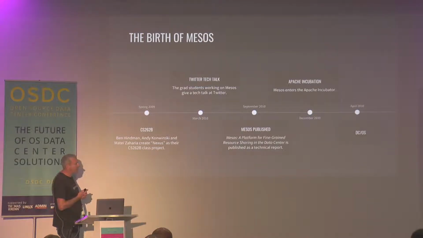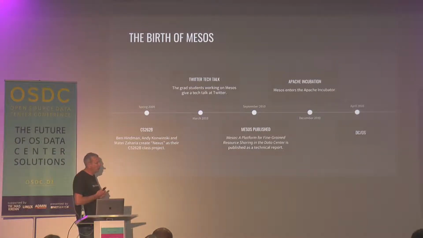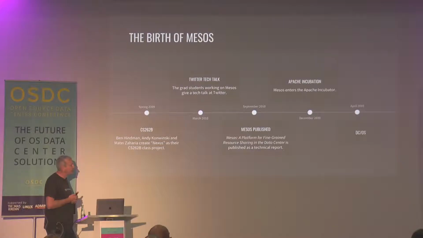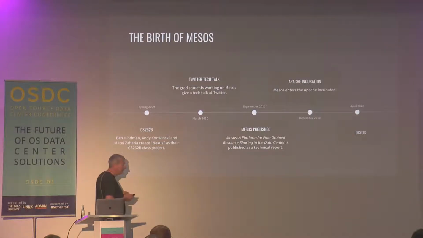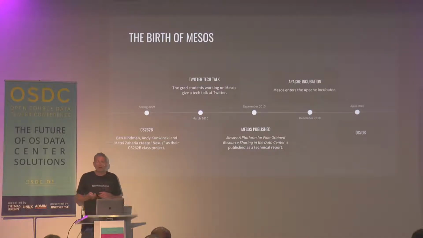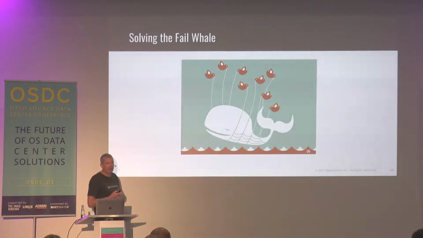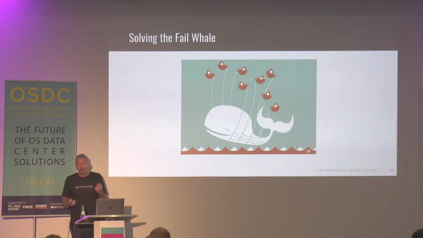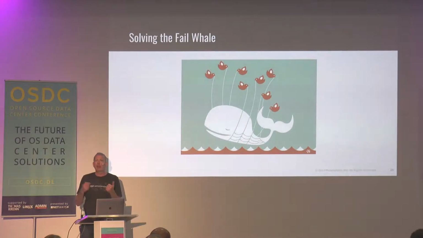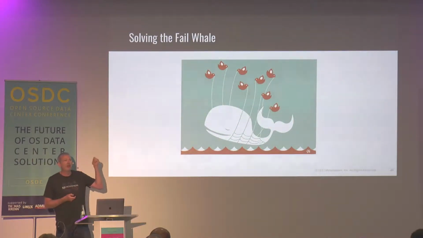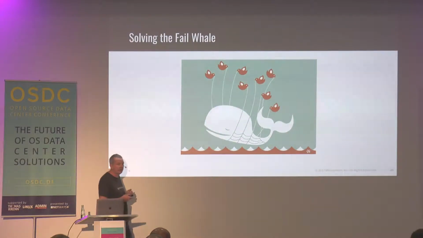Ben Heinemann, who's one of the founders of Mesosphere, had friends who were working at Twitter, and he went into Twitter to give a talk about Mesos. At the time, Twitter were experiencing a lot of scaling problems. For those of you old enough to remember, you may remember this image, the fail whale, which Twitter used to put up on their website whenever the service went down. And this was a very regular sight on Twitter's site during the early years of them scaling.